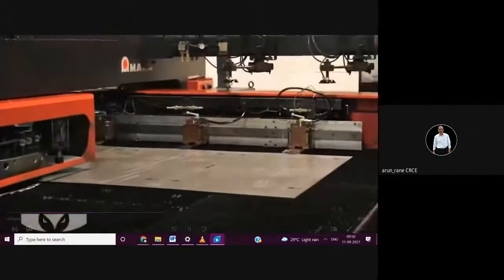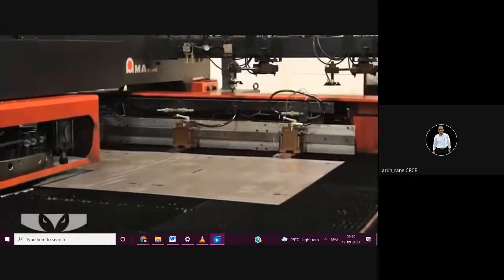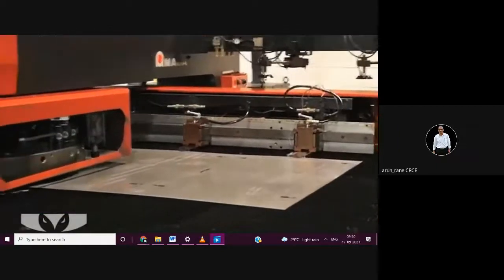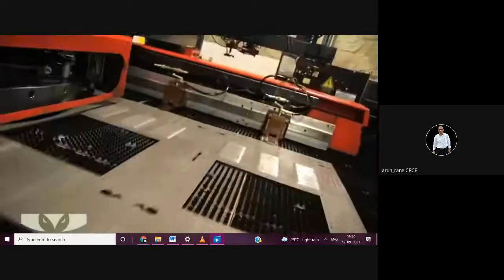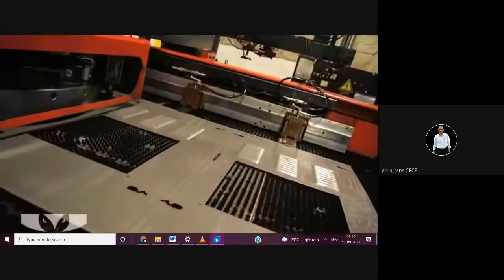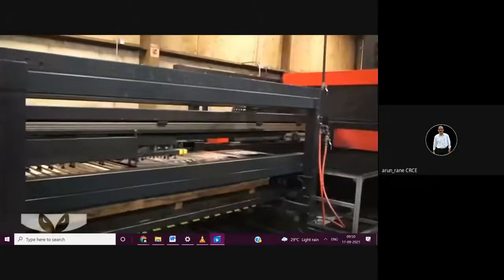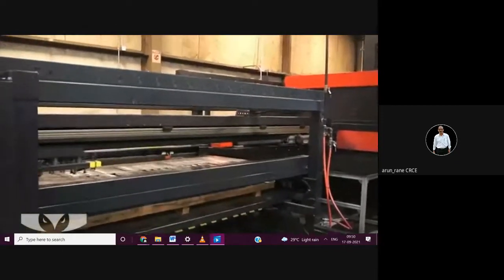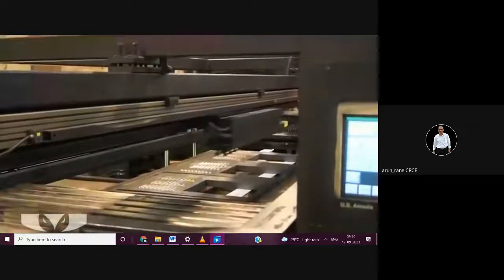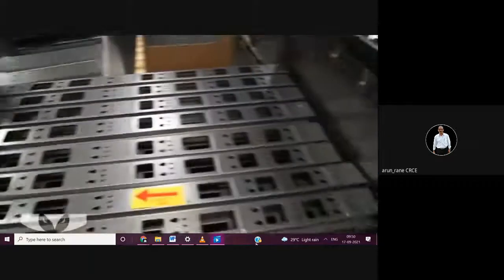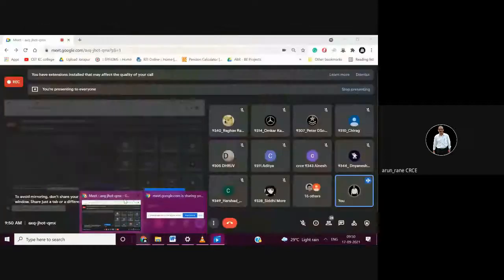Like if you are making a puri, the puri we eat, that puri is nothing but a blanking operation. And the puris we cut, four or five puris cut from a big piece of roti, that is your punching operation. If the scrap which is falling down out of the press is used, then it is blanking. Now this is punching, because the scrap is not used. This is all punching operation.